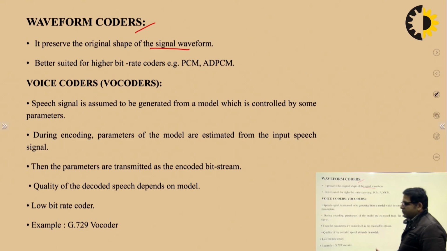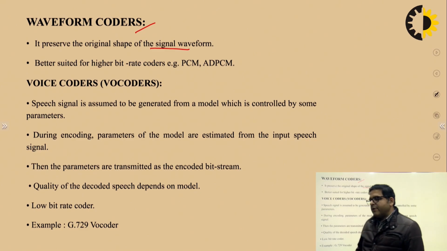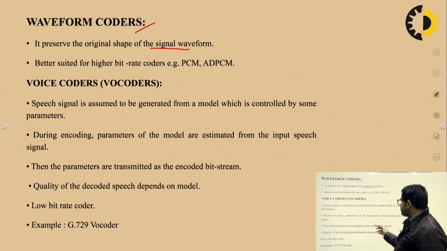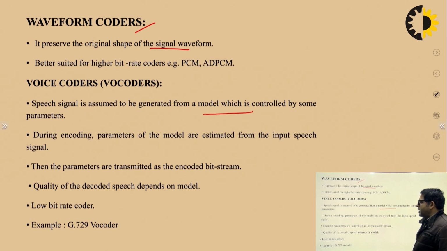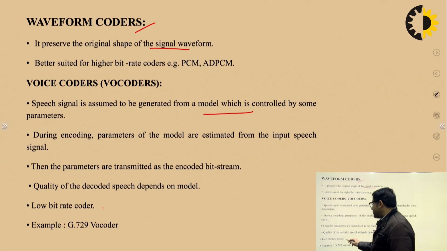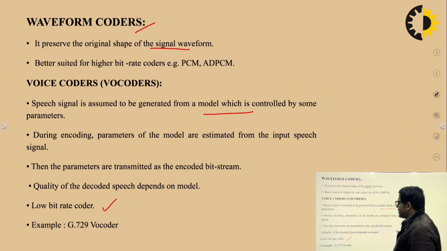By using this method, we can save the bandwidth. Speech signal is generated from a model which is controlled by some parameters, and during encoding, parameters of the model are estimated from the input speech signal. These parameters are transmitted as the encoded bit stream. The quality of decoded speech signal depends on the model, and this model is best suited for low bit rate voice transmission. The example for this vocoder is